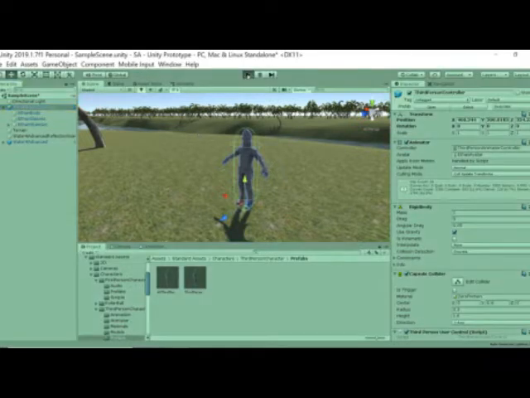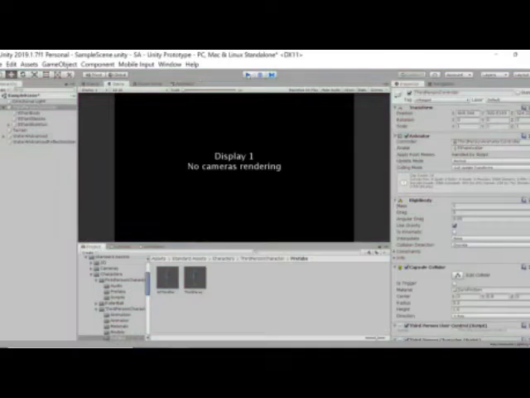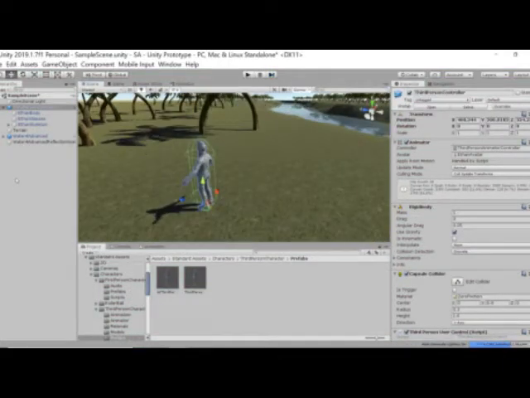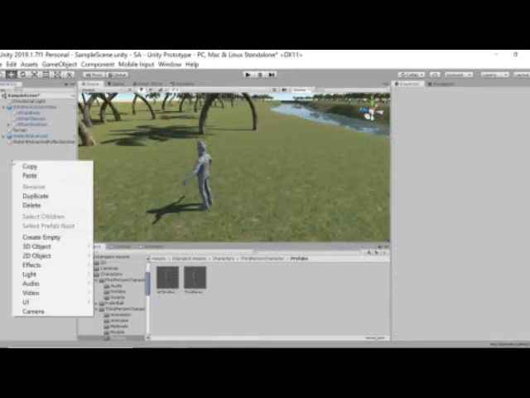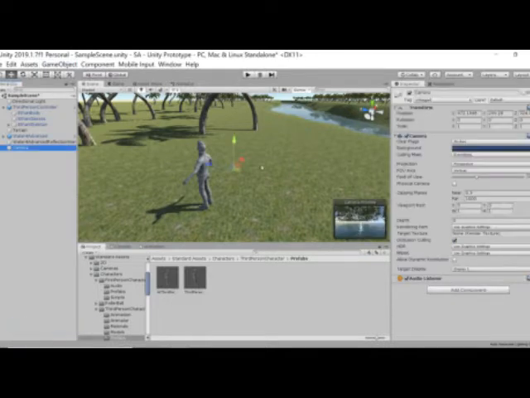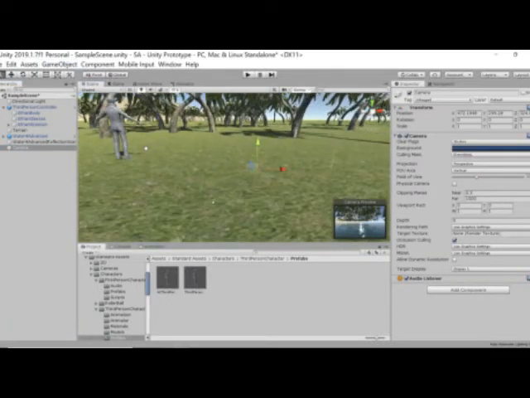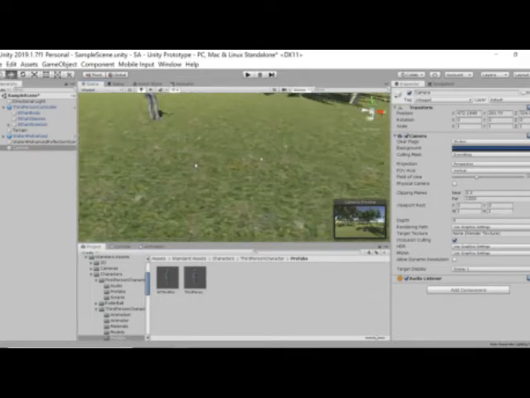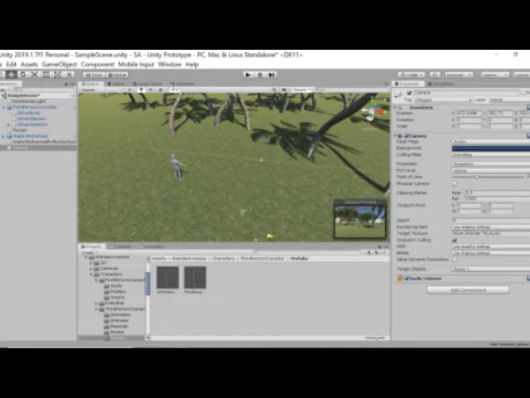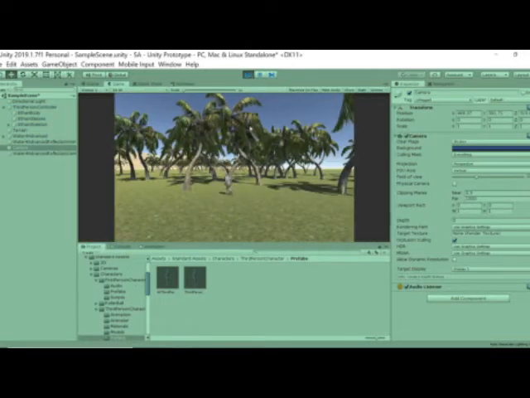Now, if I run this, there's going to be a problem. No camera is rendering. That's because I deleted my camera a minute ago. Well, that's fine. I'll just bring it back. I'll right-click in this empty space, or I could also click Game Object and look for Camera, and there I have a camera once again. And bring it up and move it back behind Ethan over here. Right, so now when I hit play,